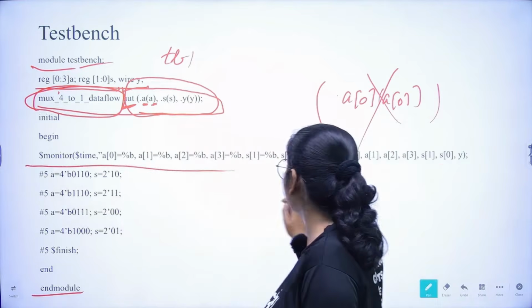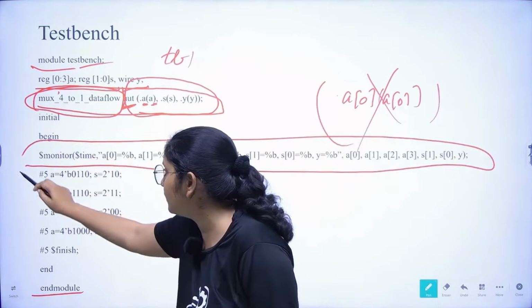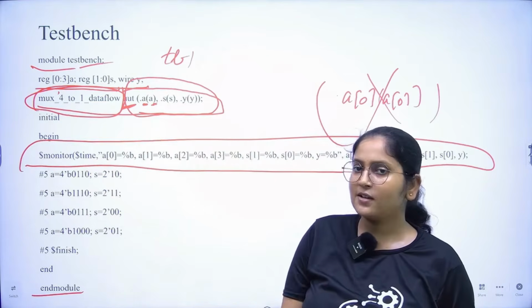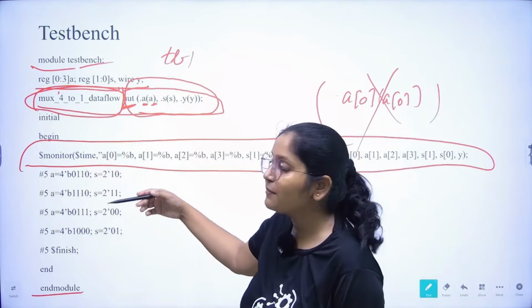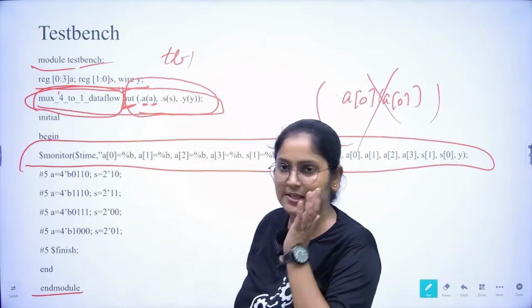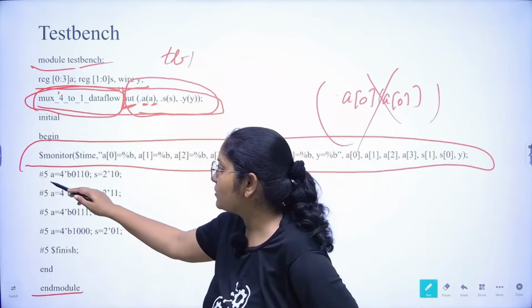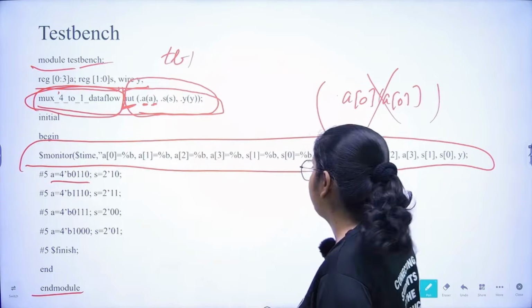Okay, then again we have this initial begin and then yes, what we have to monitor we'll be writing here, and after that we are providing the combinations. देखो हर 5 सेकंड पे, I mean हर 5 यूनिट टाइम पे हम कुछ ना कुछ कॉम्बिनेशंस दे रहे हैं। अब देखिए चलिए मैं टेस्ट करती हूँ, मान लीजिए मुझे ये फर्स्ट इनपुट को टेस्ट करना है।